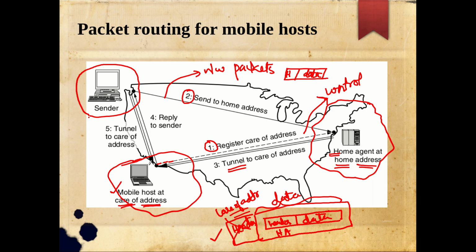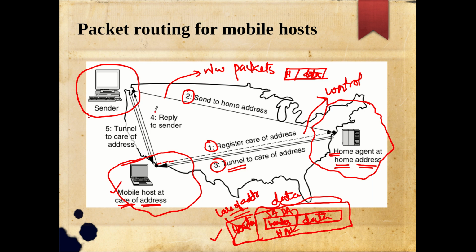And then it will understand that yes, this is the sender. In this header part, the source address, destination address, everything will be there. The destination address is actually the home address, and the source address is the sender's address, right? So the mobile host will understand that, and once it gets the sender's address, it can directly, so this is the third step.